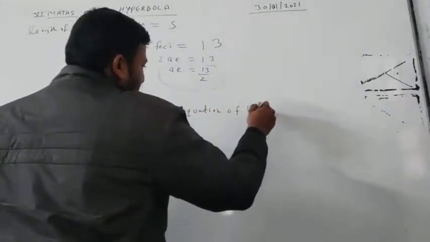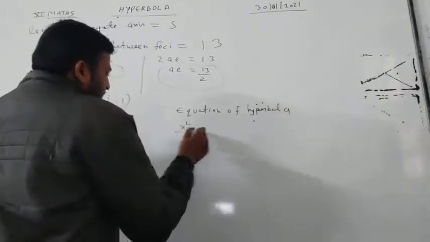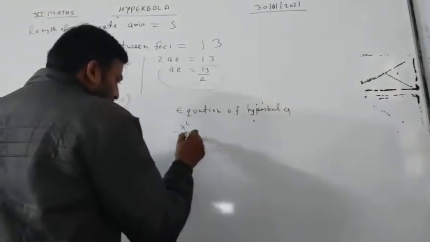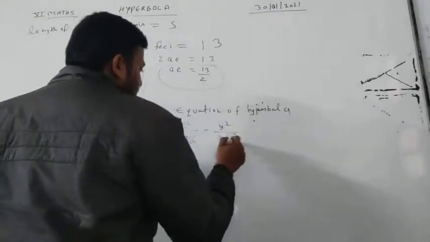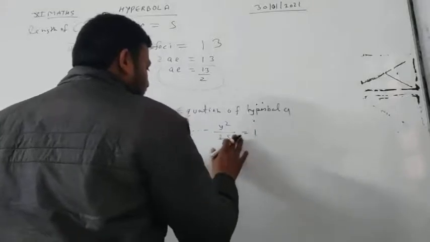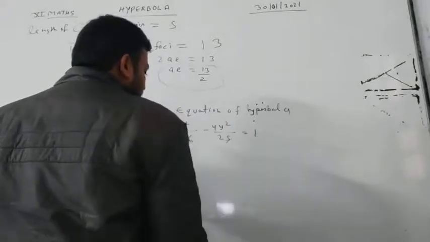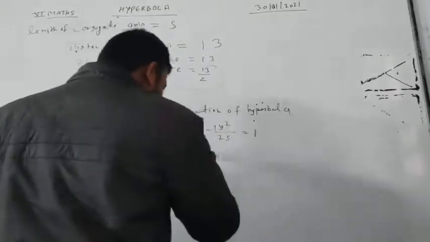hyperbola, which is x square by a square, and a square is 36, minus y square by b square, which is 25 by 4, is equal to 1. And student, when we write here and we take LCM student, our LCM is